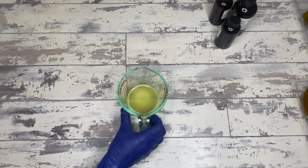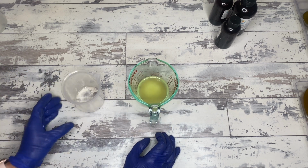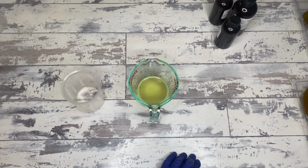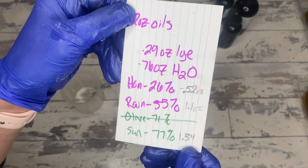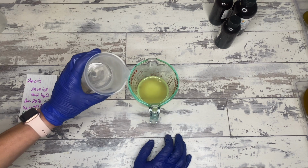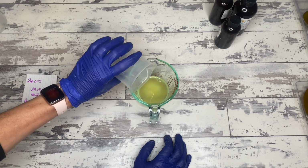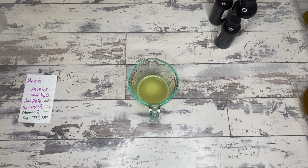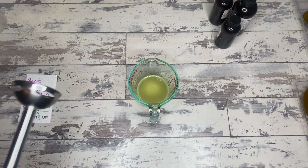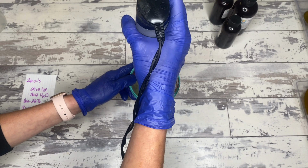All right, party people, you asked for it and we are delivering. We are going to be testing fragrance oils at their max usage rate. Now I picked 3 from the Marvel line that we got from the Flaming Candle and tested them at their max usage